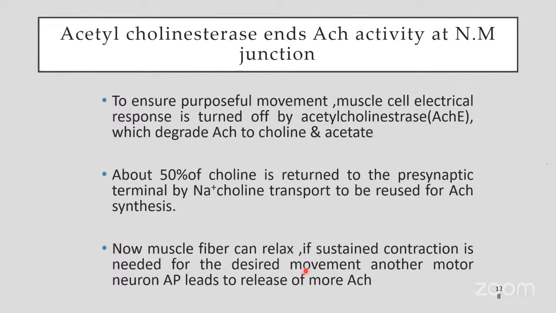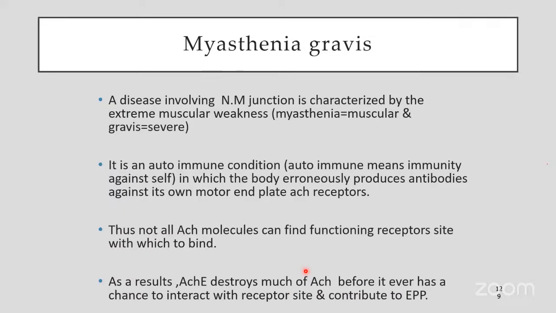To ensure a purposeful movement, the muscle electrical response is turned off by the acetylcholinesterase enzyme, which degrades the acetylcholine to choline and acetate. About 50% of choline is returned to the presynaptic terminal by sodium choline transporters to be reused for acetylcholine synthesis. In myasthenia gravis,